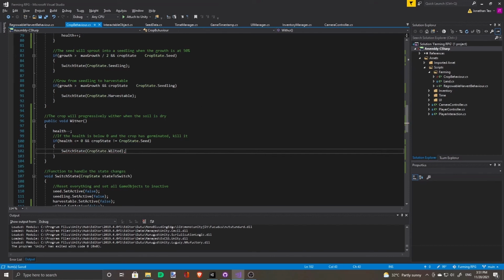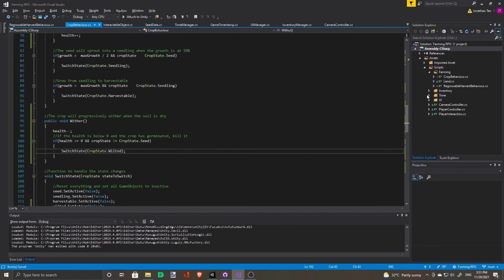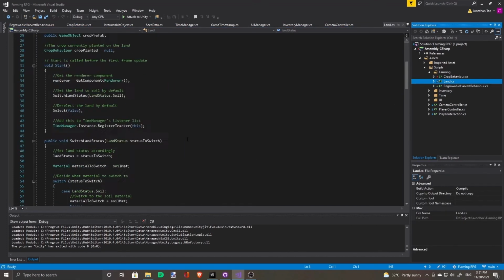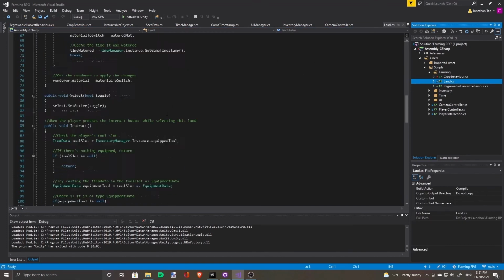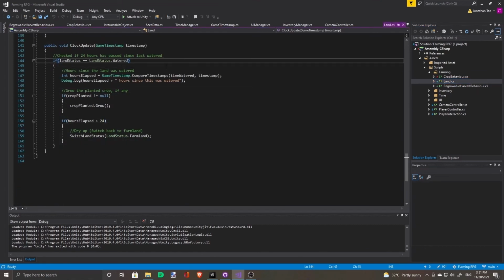And how will we be calling this function? Just like how the growth will be controlled from land, the withering will also be controlled from land. So let's go to our land script. Under clock update, see we have a watered status.